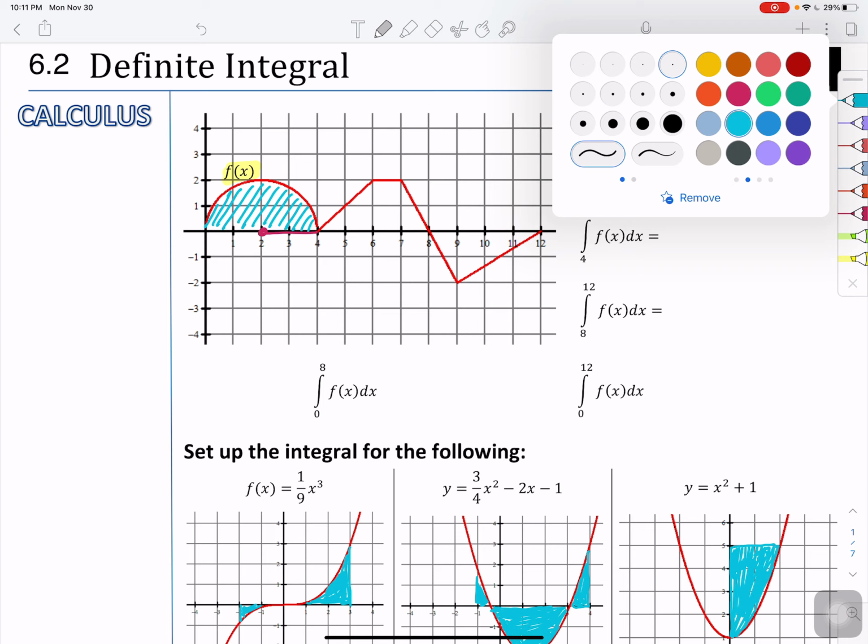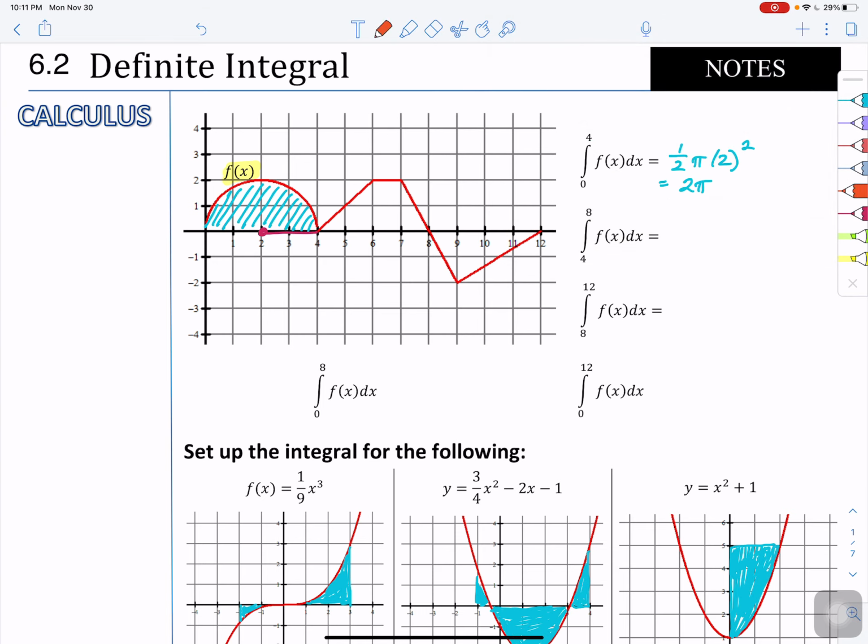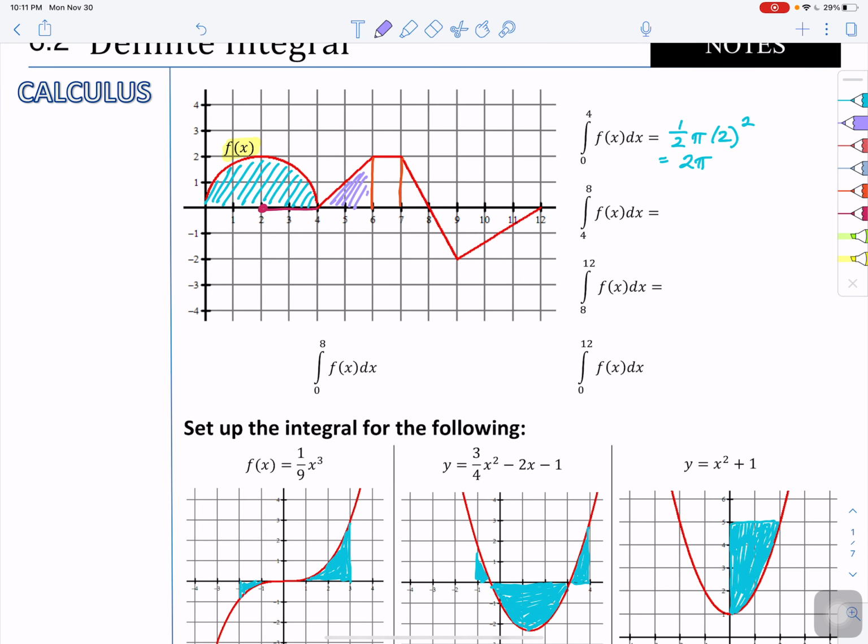Well, I'd like to kind of break that up. Let's go ahead and I'll use a different color pen. So I have a triangle there, and I have a triangle there. So the total area under the curve that I would like would be that triangle plus that rectangle plus the area of that triangle. And so you could also count units if you'd like, but sometimes it's nicer just to use the formulas. So let's go ahead and look at this triangle, the first triangle, and the area of a triangle is 1/2